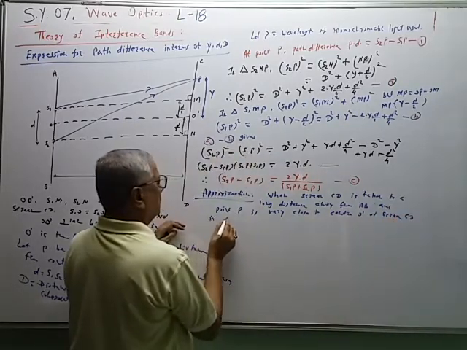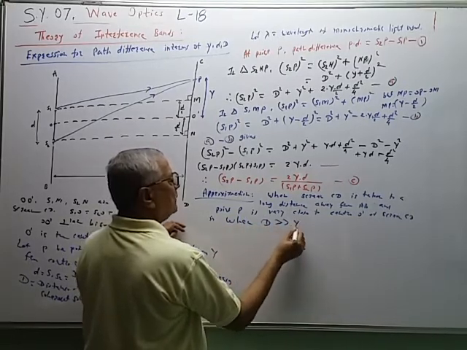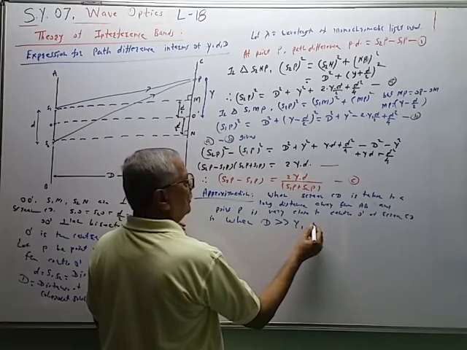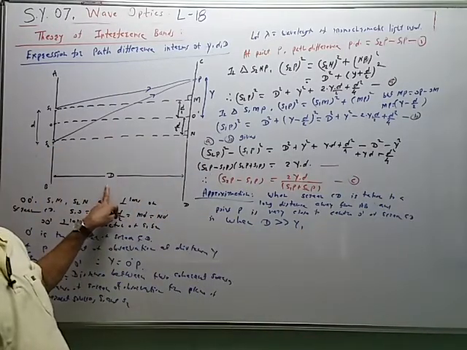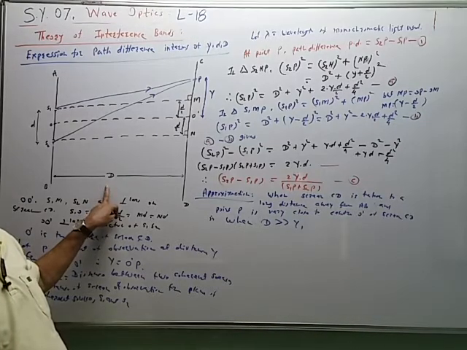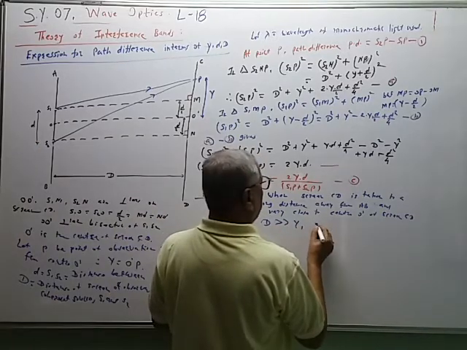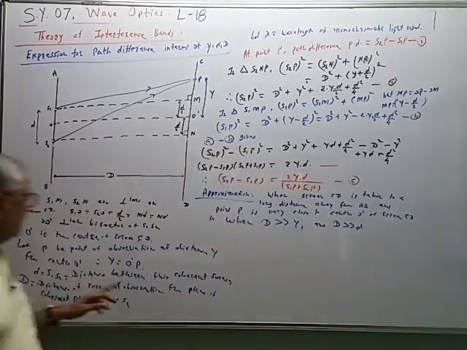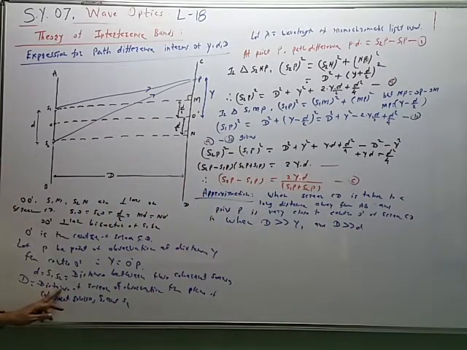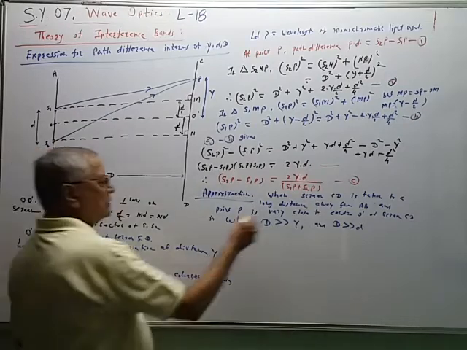That is, mathematically, when capital D is very very much greater than Y, and capital D is very very much greater than small d. Small d is the distance between the two coherent sources. So the sources are close to each other, and the point P is very close to the center. So under this condition,